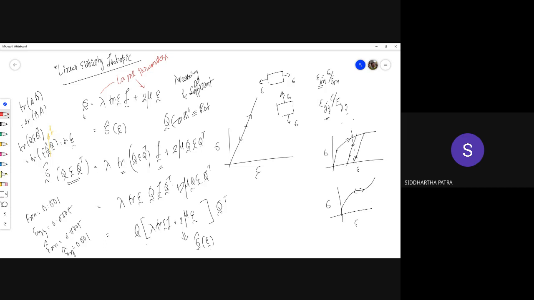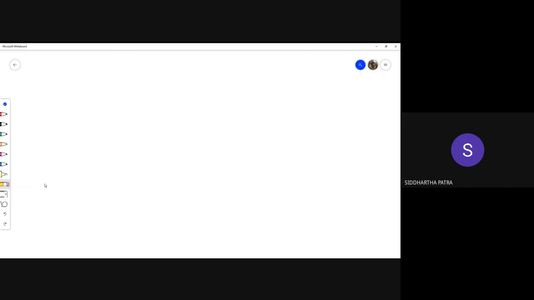It also happens to be necessary, but I'm not going to show you that proof. Okay, so now we have the constitutive relation. So this could also be written like